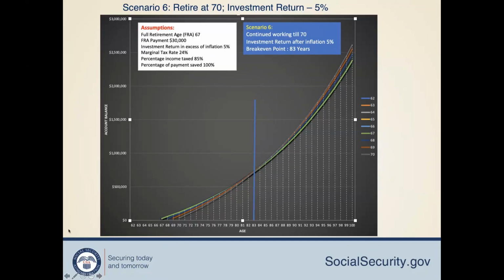When you stop working at 62 and start claiming at 62, you have a lot more years of building up the interest component. Whereas here the interest component has only 2 years, but you are losing 24%, and then it slowly starts catching up. Even though you are getting 5% interest, it still catches up. The amount they are paying, 24% more per month, catches up, and you cannot equal that.